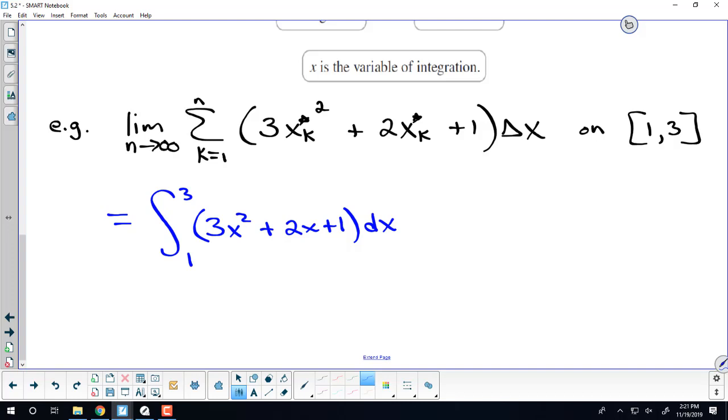So does anyone have any questions on the comparison or the differences between our infinite Riemann sum and the definite integral piece? All right, so then we'll look at a few